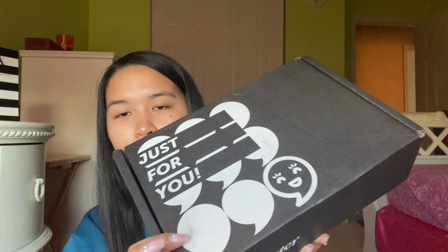take a survey. So today, I checked my mail and I got this box, and they do tell you when you are selected for a box, and they told me I was going to get this box, so I was waiting on it, and here it is. Only thing I will say is, I don't know if you can see, but the black is rubbing off, and you can tell because the white is a little smudged, so that's kind of not my favorite. I've never had this happen before, but it's a cute box, so it doesn't really matter what the box looks like. So when you open it,